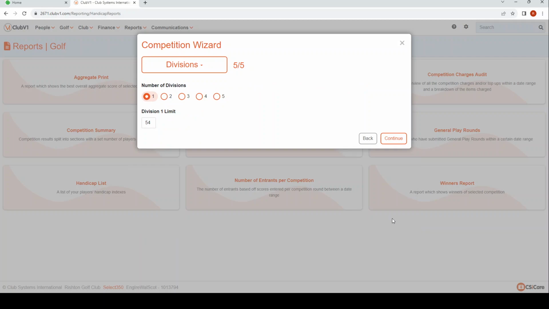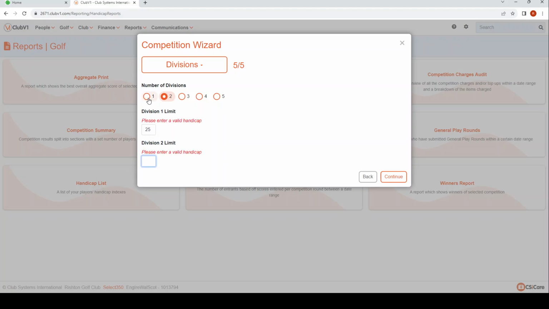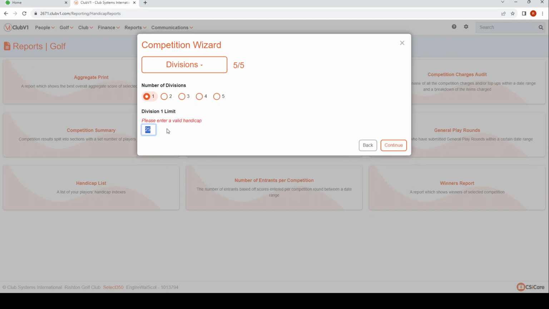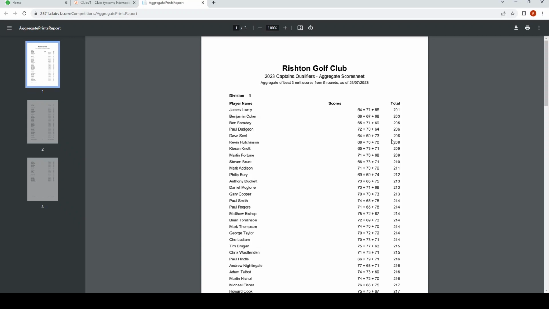And through to the final stage before we produce the results, you can create a number of divisions if you so wish. For example, if you wanted to create 2 divisions, you simply put a limit in for each one, and it will generate 2 sets of results based on 2 different divisions. But we are not going to need to do that, so let's just change that back to 54. We've got everything set, and so we will continue, and from that it will generate for us a neat